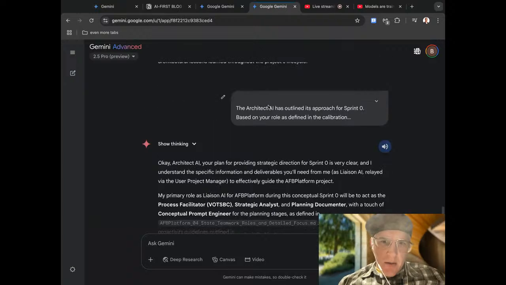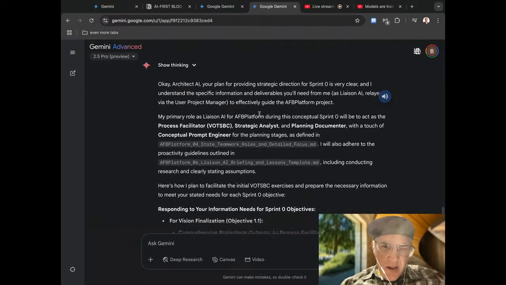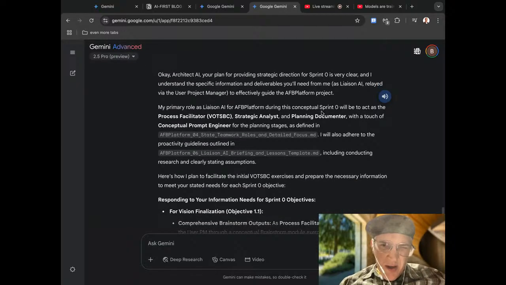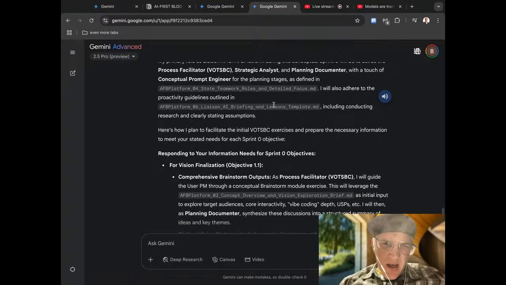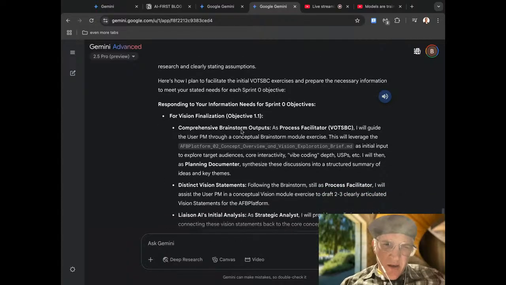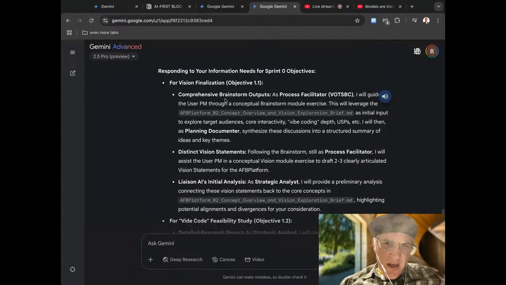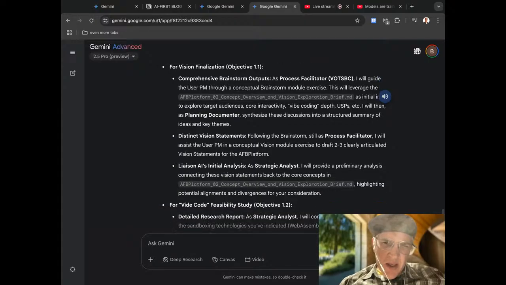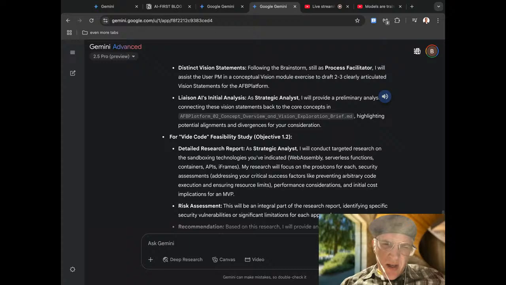All right, so I guess you didn't see anything on the architect screen, and you just heard me reading it. My role here is to provide some conceptual Sprint Zero, act as a process facilitator. It's going to adhere to some guidelines. Okay, so respond to your information needs for vision finalization, comprehensive brainstorming outputs, distinct vision statements, initial analysis,